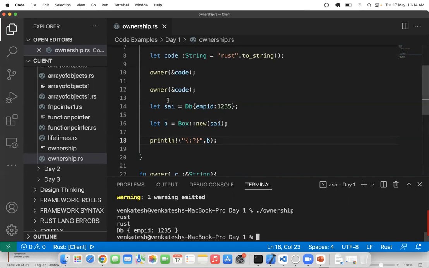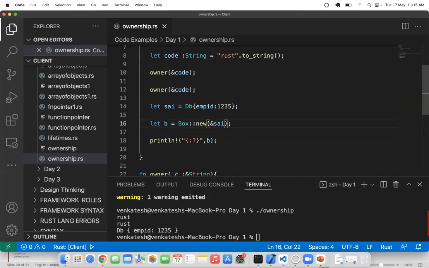So the example I'm trying to give you is Sai, which is an object stored on the stack. Getting it or not? I passed the Sai. What happened? The content of that is again copied to heap. It would be like a move operation. I passed just Sai. Sai is just an object. The content is passed. Now what I should do here is, I'm supposed to pass here